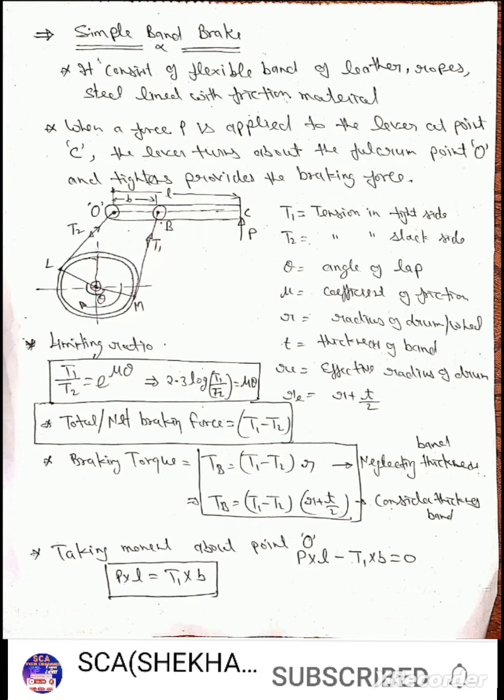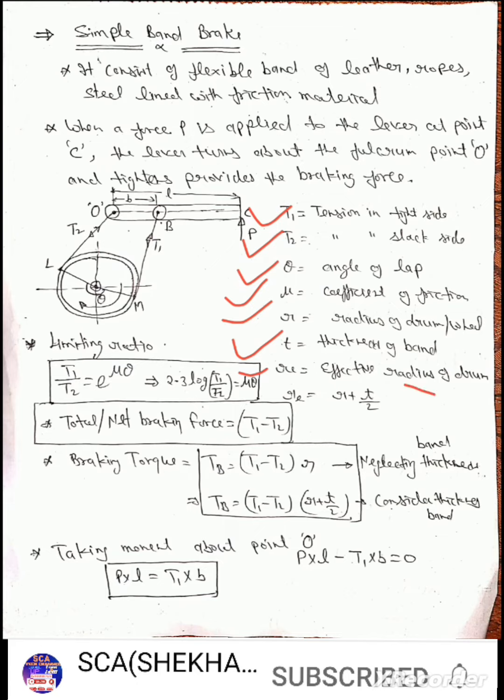In a band brake, T1 is the tension in the tight side, T2 is the tension in the slack side, theta is the angle of lap of the band wrapped over the wheel, mu is the coefficient of friction, r is the radius of the drum, t is the thickness of the band,